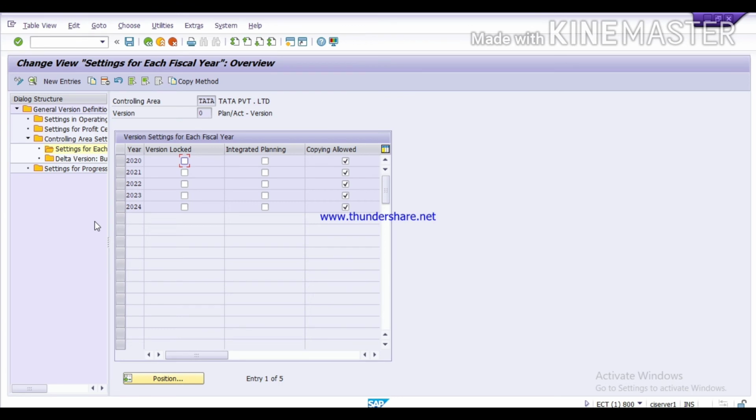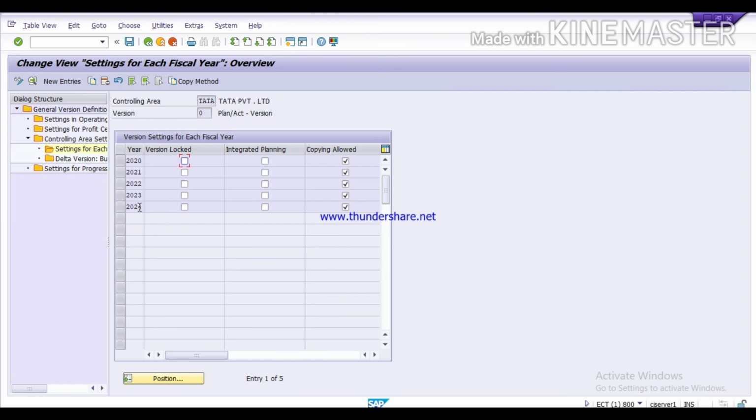So here you can see the system has generated your versions for 2022-2024.